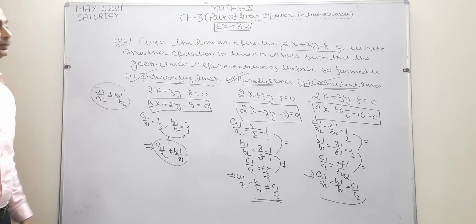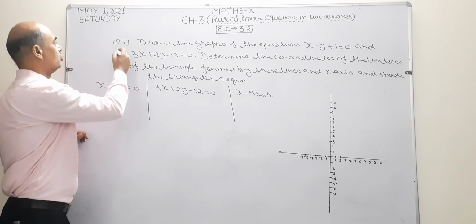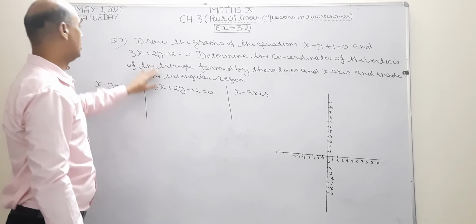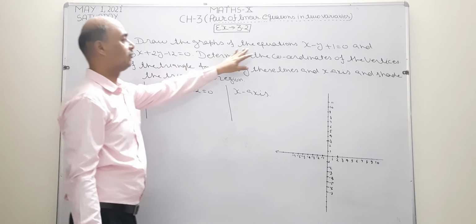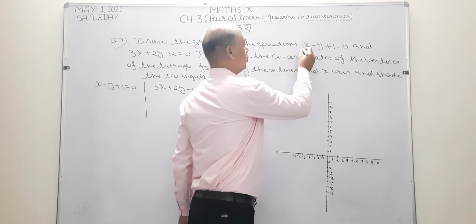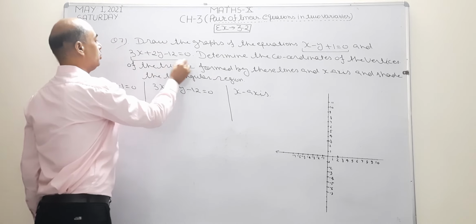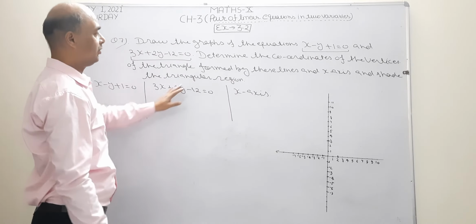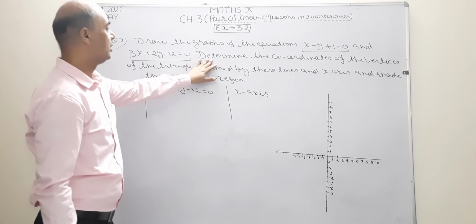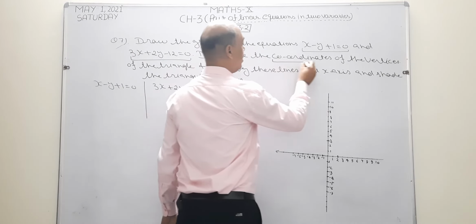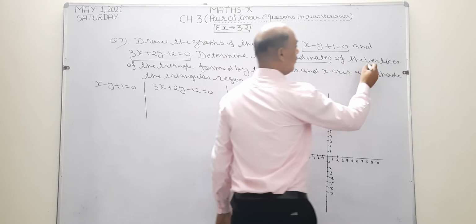Okay. Now I want to solve the last question, question number 7 of exercise 3.3. What is given? Draw the graph of the equations. Now in this question, two equations are given. We have to find the graph of these two equations first. After that, what is given? Determine the coordinates. In this question, we are going to find the coordinates of the vertices